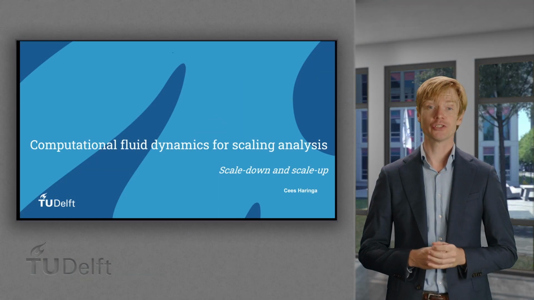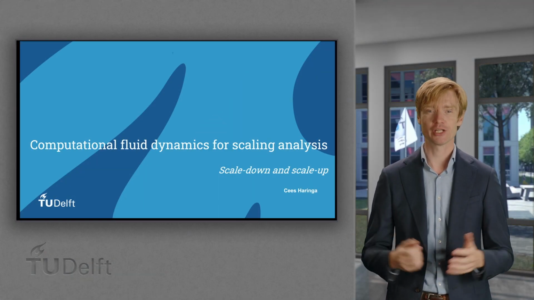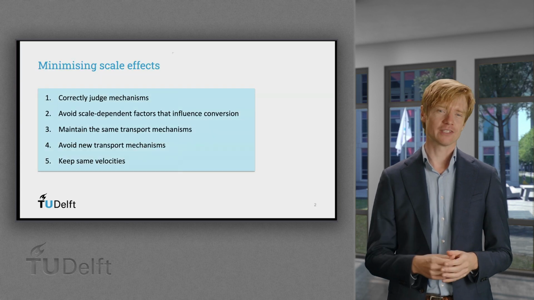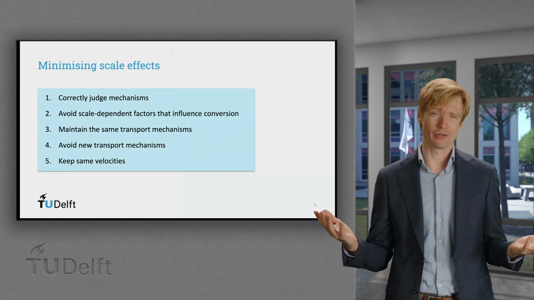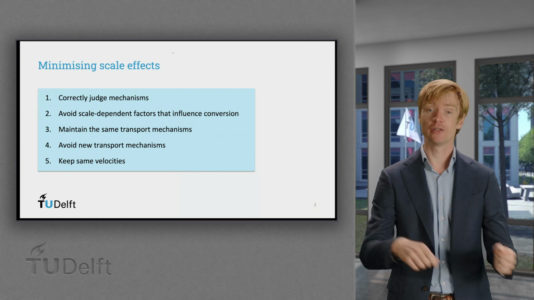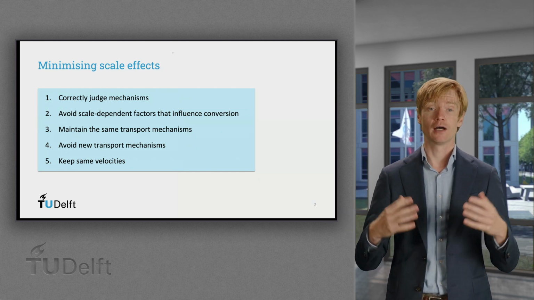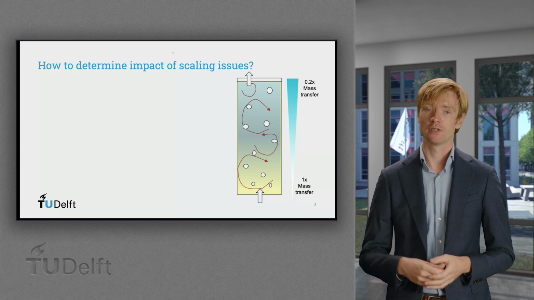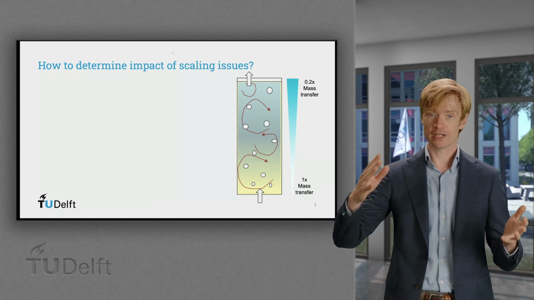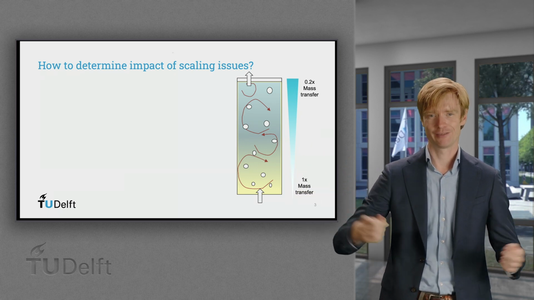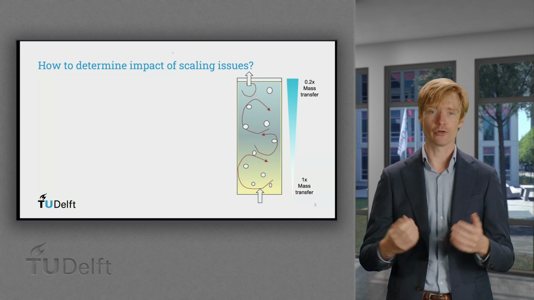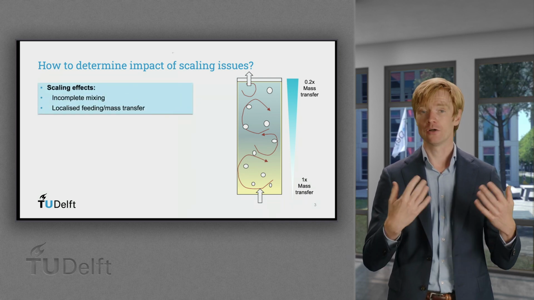So let's imagine that you just did your basic balances and dimensionless number analysis, and you figure out that scaling issues cannot be fully avoided when moving your process from lab scale to industrial scale. How can we determine their impact? After all, economies of scale dictate that bigger is better, but scaling effects, often arising from incomplete mixing or localized